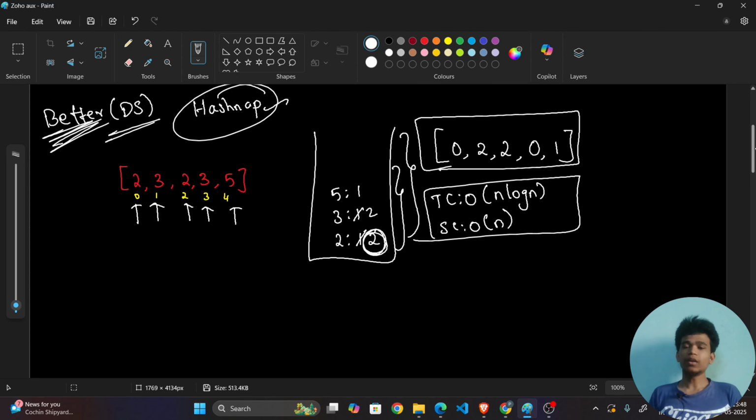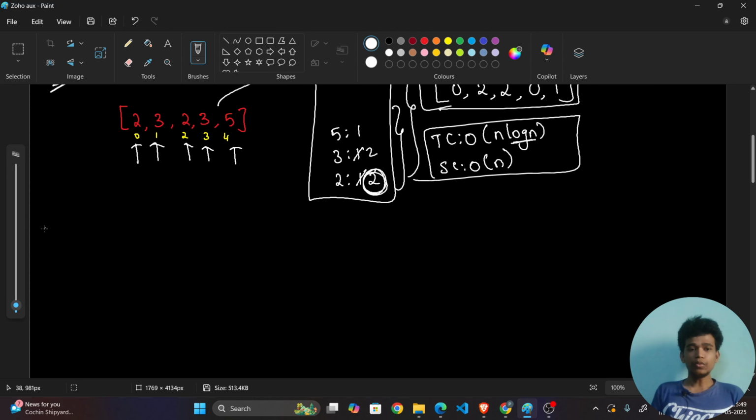Okay, we can also reduce this log n by taking these occurrences directly into this array. Try this by yourself. If you cannot come up with the solution, just comment below. I will be giving an explanation, or a separate video if it is necessary, right? Okay, now we are getting into the